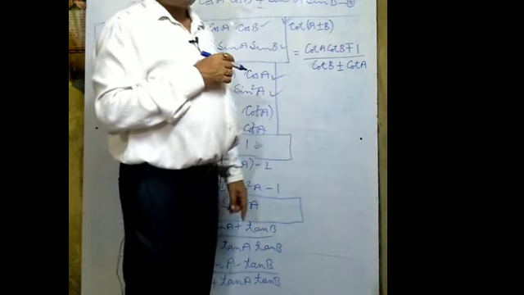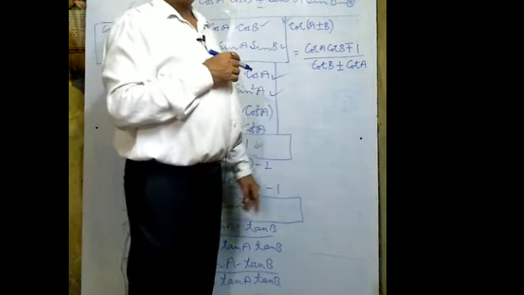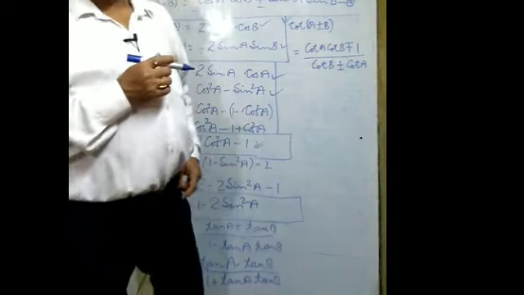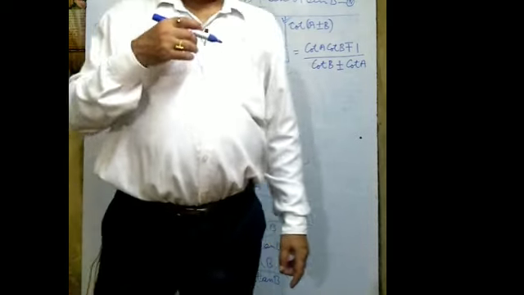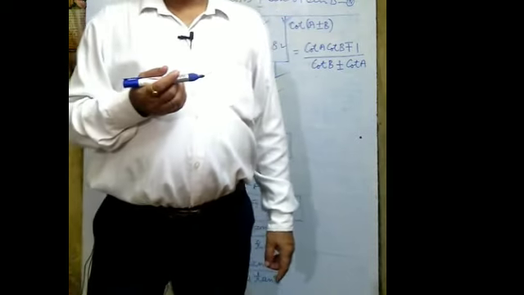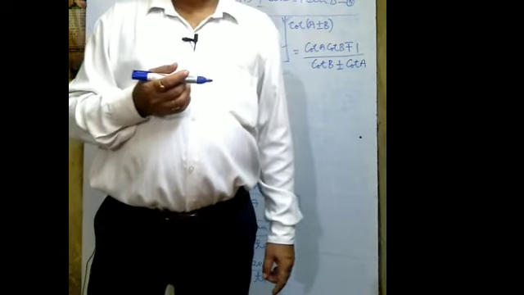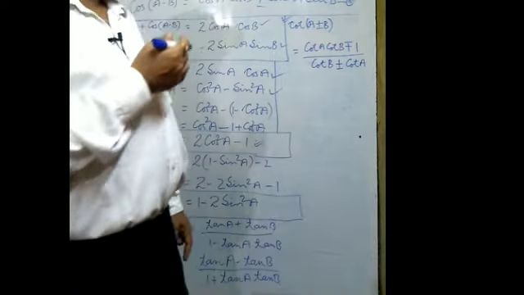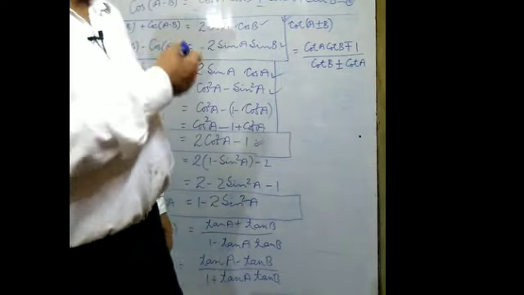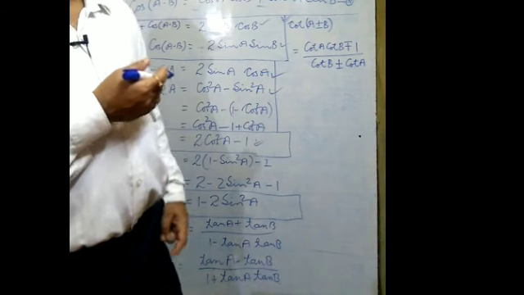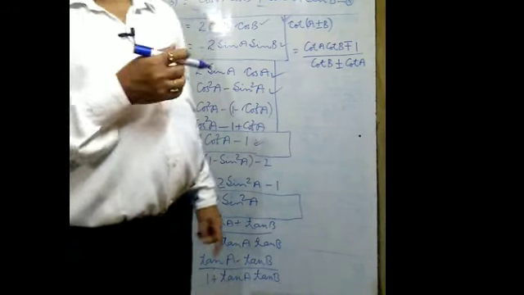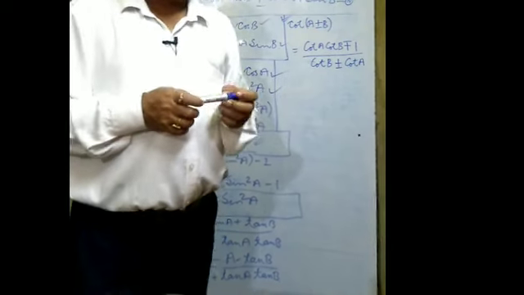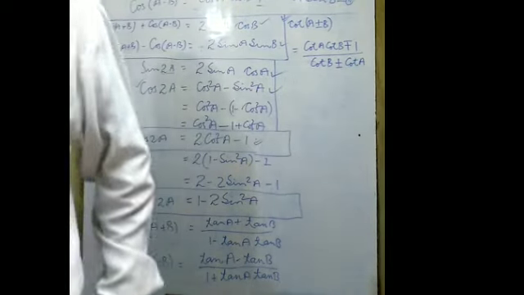In this way, we have revised so many identities, for which purpose? Only to solve those questions which are given in exercise 7.3. I hope you will remember this one, keep it in your mind, and apply these identities while solving the exercise questions of 7.3. Thank you. Have a nice day.